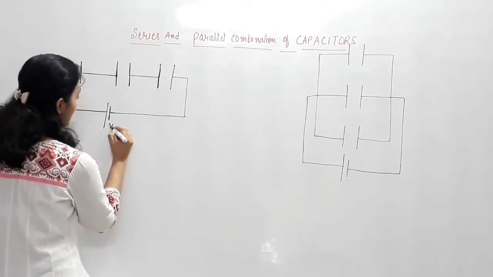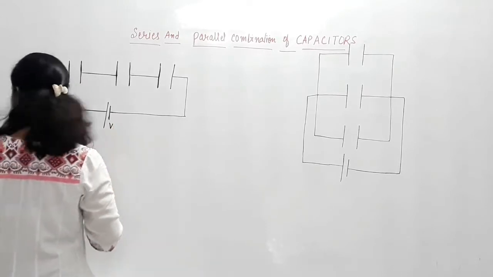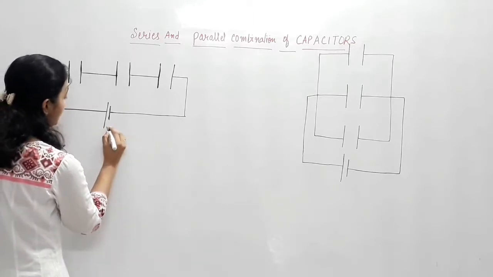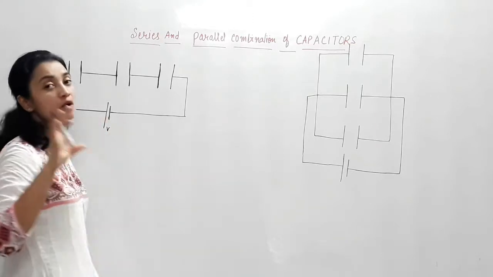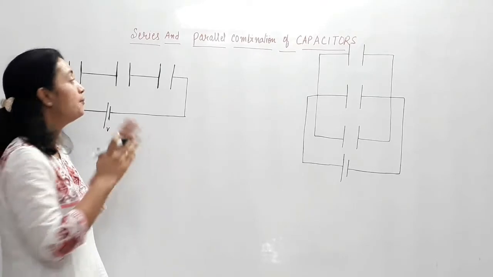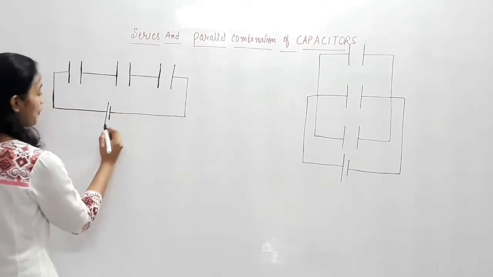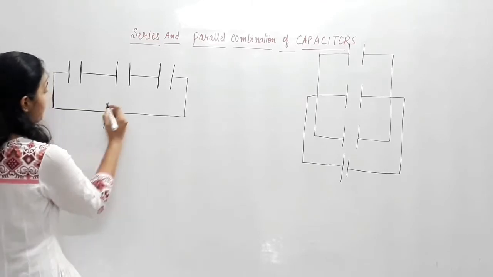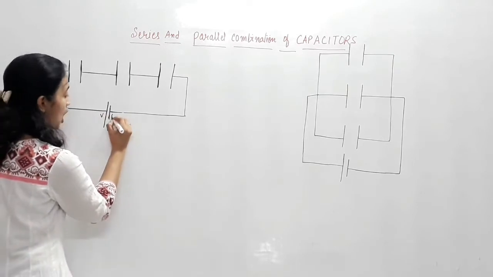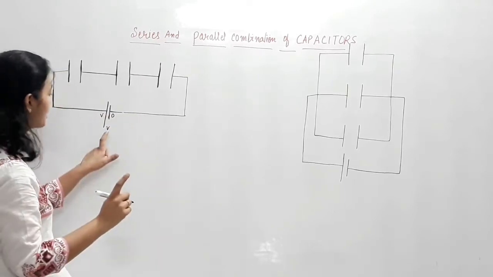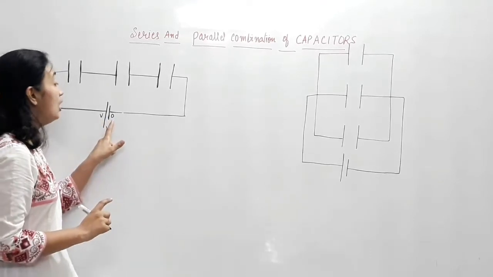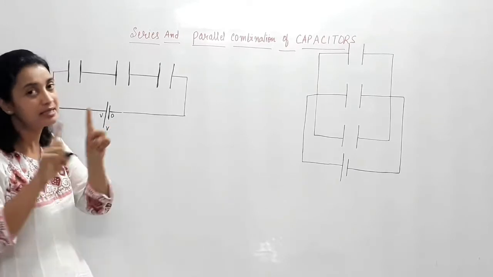So suppose the EMF applied is V volts, and here I would like to draw your attention to the way I am distributing the potential and the charges, because the way we are distributing the potential and charges makes the underlying concept of any kind of distribution. So suppose the potential difference applied is V volts. Understand, if I write V volts, the big stick is at V and the small one is at 0 volts. Always remember, suppose it is 5 volts, then the big stick is at 5 volts, the positive pole, and the negative pole is at 0 potential. This is something which you need to understand.